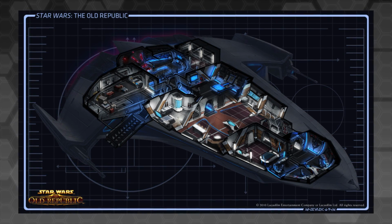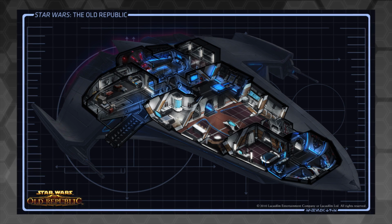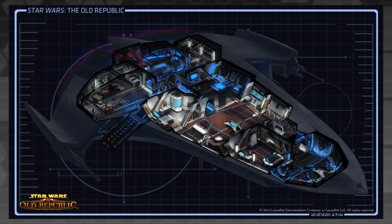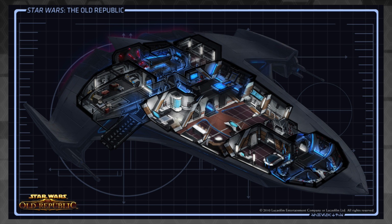The only small problem that is encountered by this is, again, the curse of BioWare. This ship has no toilet. Where's the toilet? They gave us a full deck layout. You can explore this ship in its entirety. It doesn't have a toilet anywhere, even though it's described as being specifically intended for long-term missions for a crew